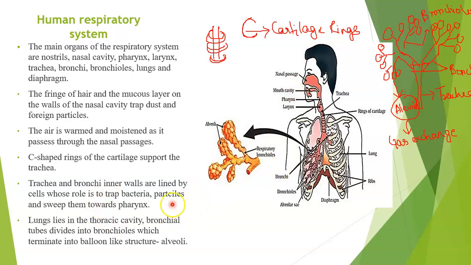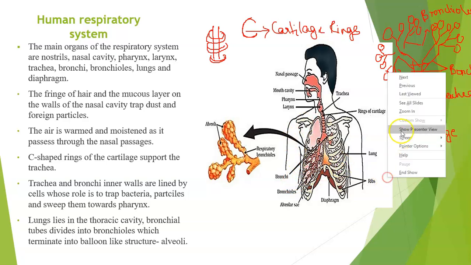Now next comes, where are the lungs located? These lungs are basically located inside the thoracic cavity, और ये जो lungs होते हैं ना, ये left side और right side में होंगे, and these lungs will be protected. So these you can see, these are structures. So these structures are basically ribs. ये bone के structures होते हैं। तो ये bone के structures जो होते हैं ना, ये हमारे soft organs like lungs को protect करते हैं, ठीक है।